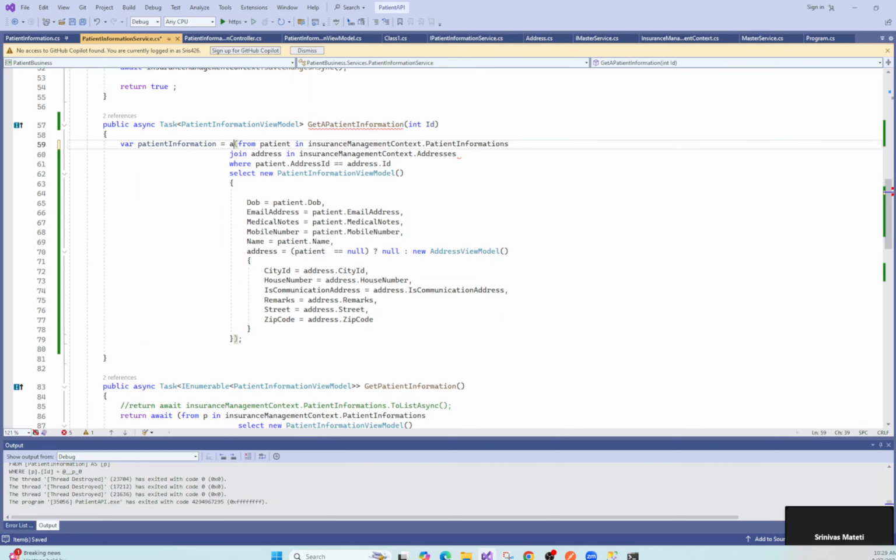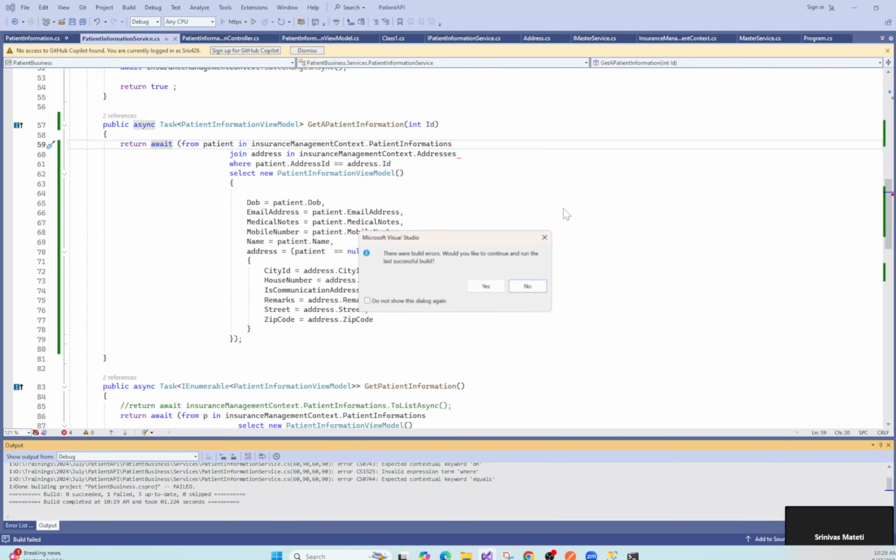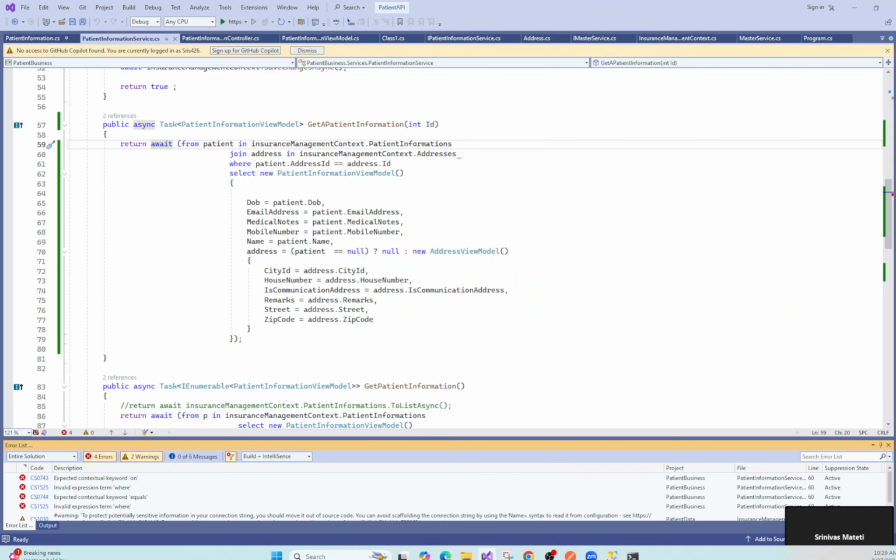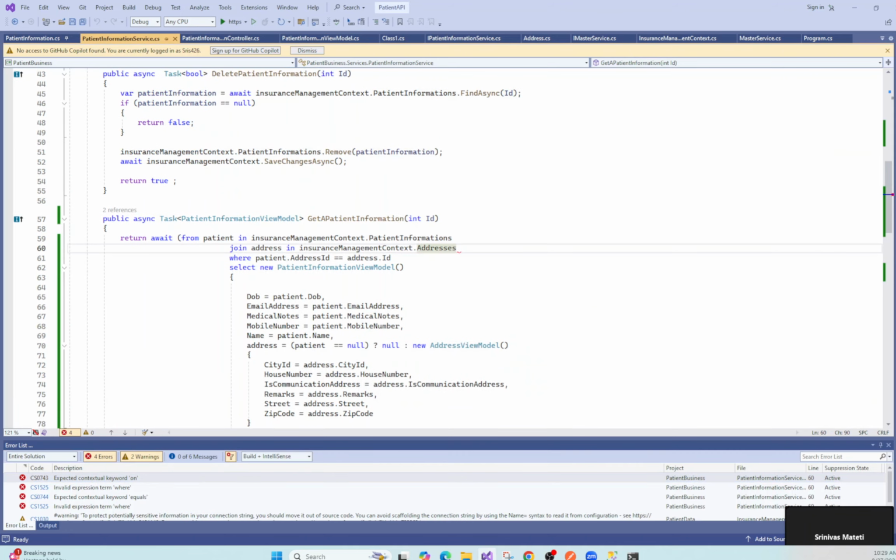Yeah, use the await keyword and return this. Okay, so let's run this, and if it works, I'll explain it. Okay, yeah, you have to specify on